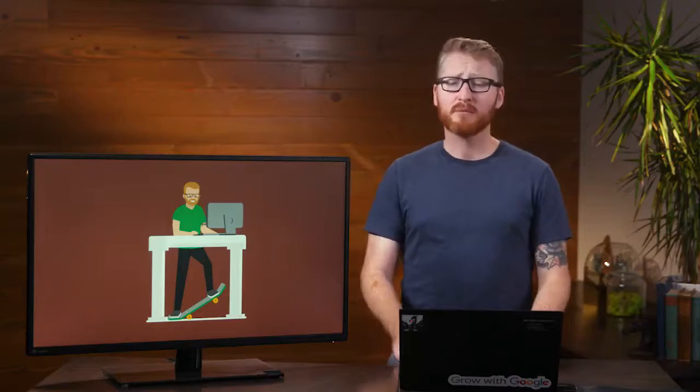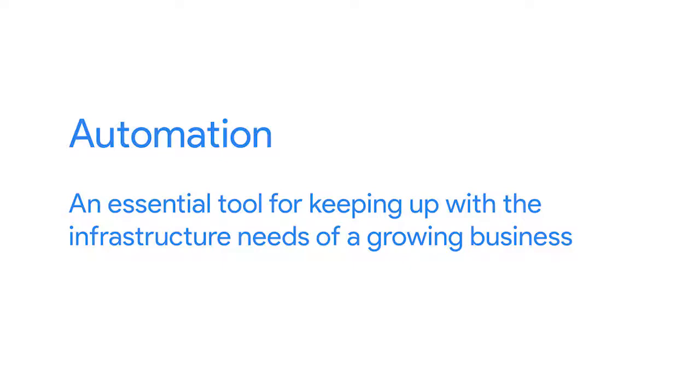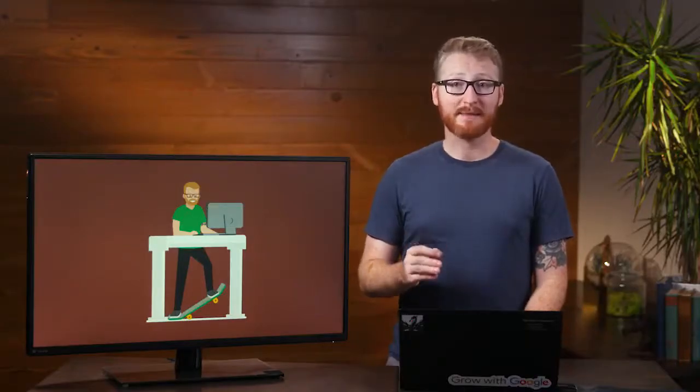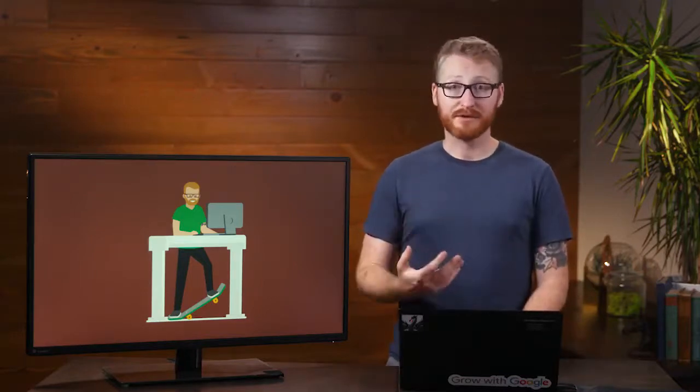If making this happen sounds a bit like magic right now, remember that we're here to share the secret ingredient with you: automation. Automation is an essential tool for keeping up with the infrastructure needs of a growing business. By using the right automation tools, we can get a lot more done in the same amount of time. For example, we could deploy a whole new server by running a single command and letting the automation take care